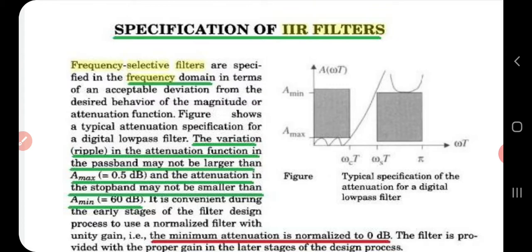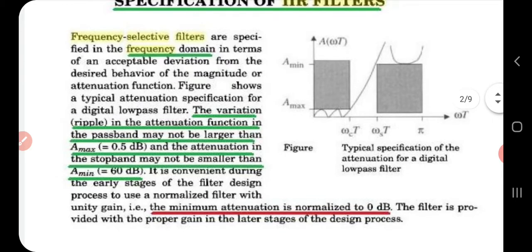How are they defined? Each filter will have a behavioral slot, so how far it deviates from that behavioral slot will be its performance. The lower the deviation from the actual behavior, the more ideal the filter will be. That's it.